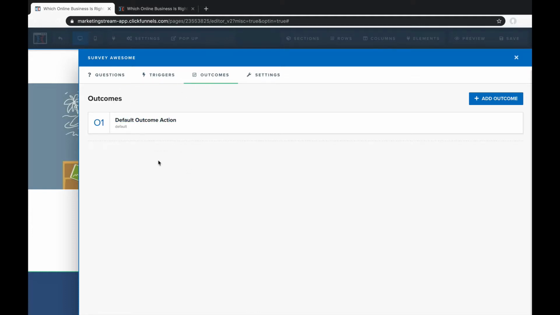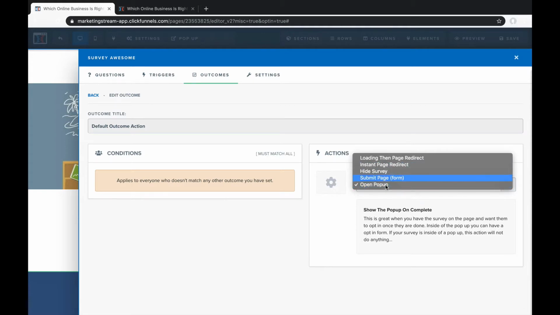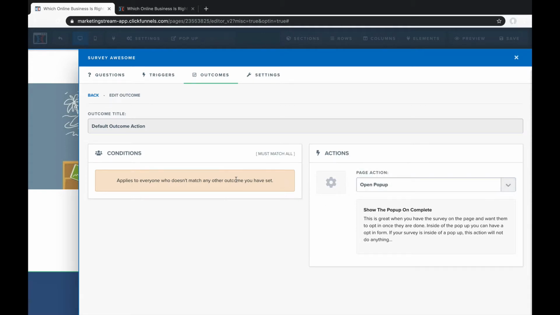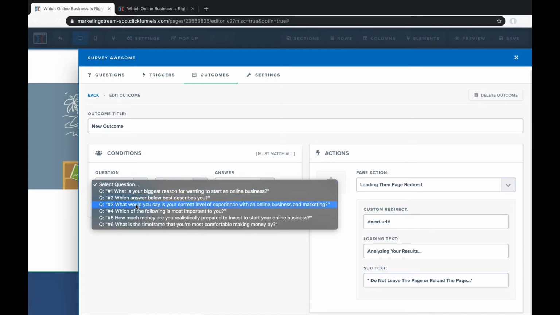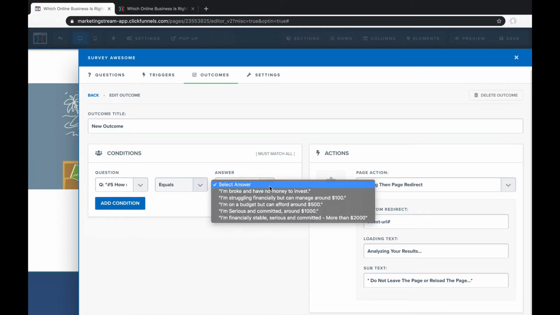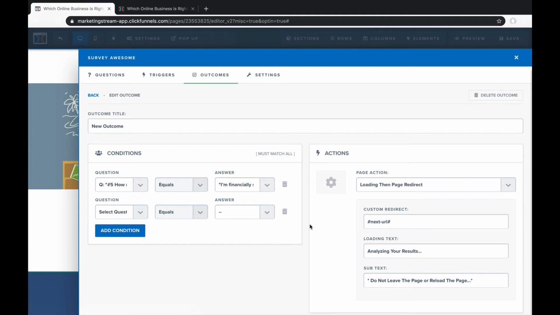Outcomes are really interesting. I'm not using these right now. I'm working on building this out. But what you can do is, if somebody chooses a particular outcome, like they answer a question, you can open a pop-up, you can submit a page form, you can apply various actions. It's really neat. Some of the things you could do is add a condition. So let's say, for example, on how much money do you realistically have, if they answer serious, you add that condition.